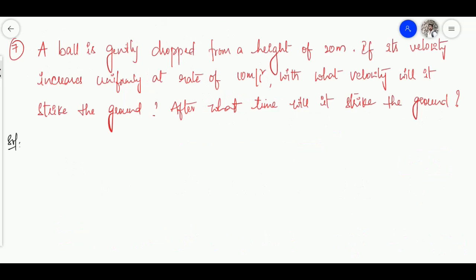Okay. Let's discuss the 6th question later, and 8th also at last. So we can take the graph problems at last. Coming to the 7th. Read the question. A ball is gently dropped from a height of 20 meters. Okay, let's say this is the ground at surface, and there is a ball. It's at a height of 20 meters and it has been dropped.